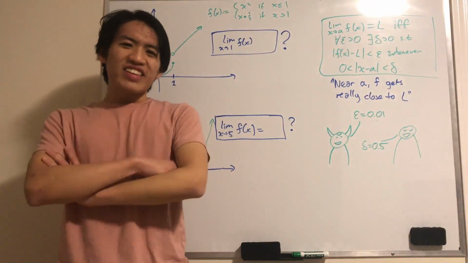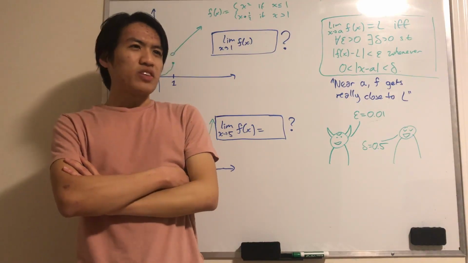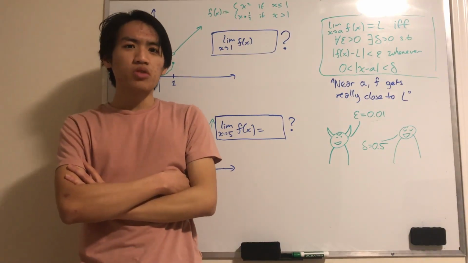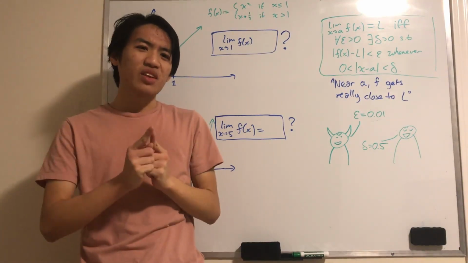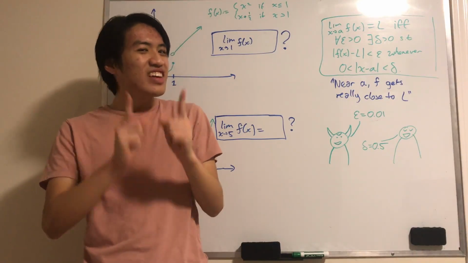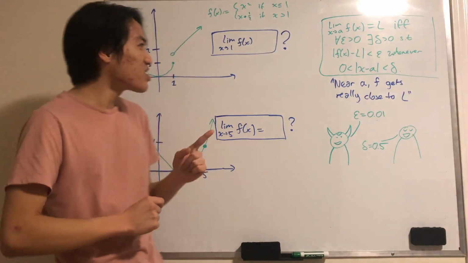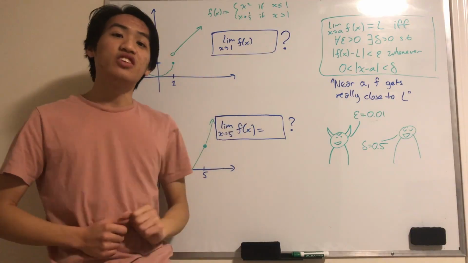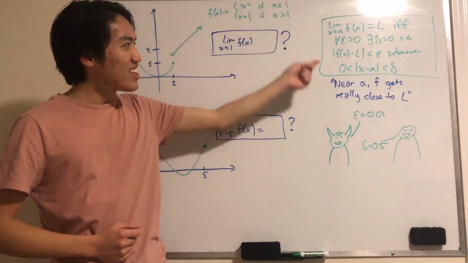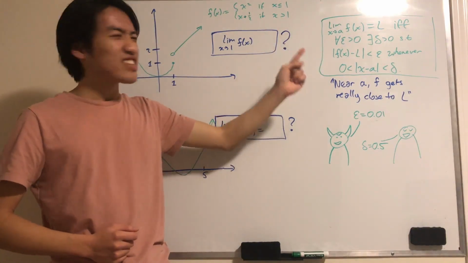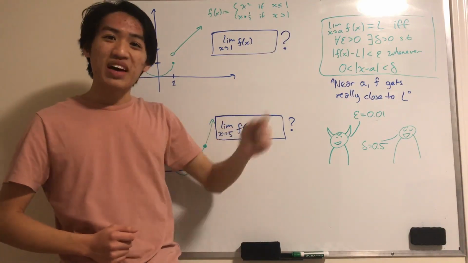So you think you know how to take the limit. You know L'Hopital's rule, you know the squeeze theorem, you know all these techniques for taking the limit. But what even is a limit? So today we're going to talk about the epsilon-delta definition of a limit. It looks like this, it's written like that, has a lot of symbols, has a lot of math jargon, but